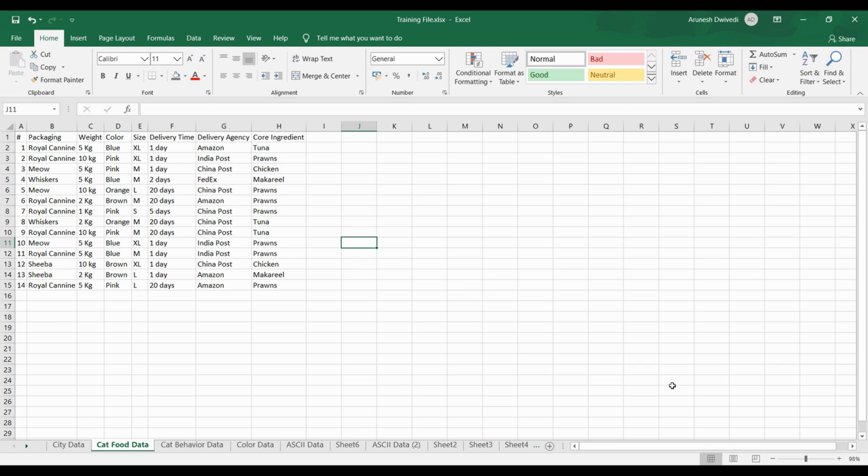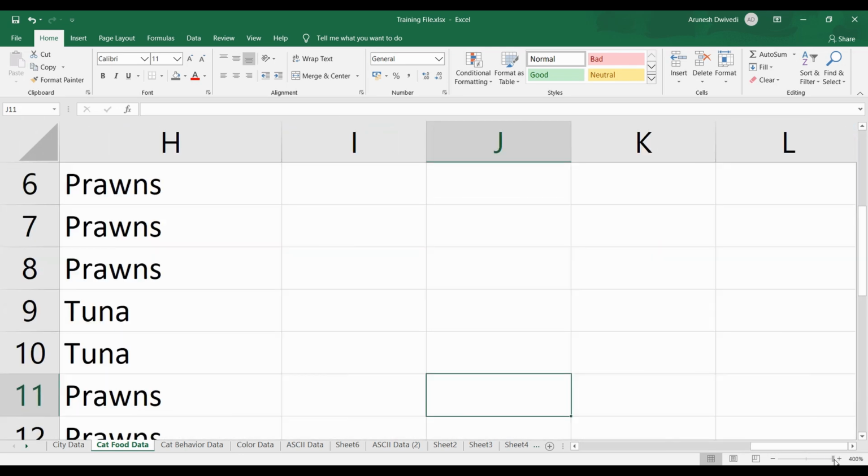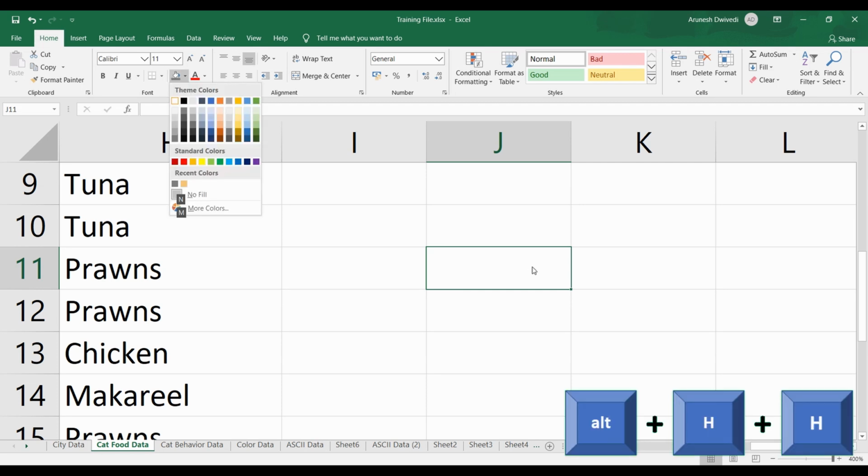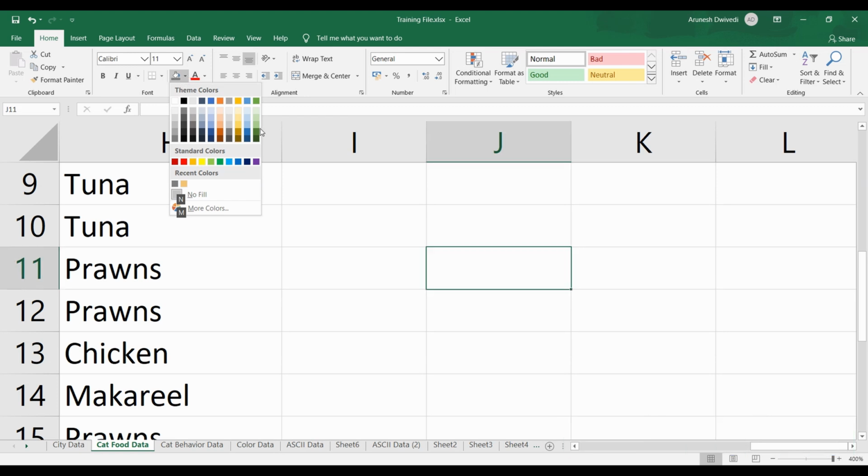To start with, I'll simply zoom my file on a particular cells to make it bigger and easier to understand what's going on with the colors. You can do the shading of the cell using the color palette. To open the color palette on your Excel file, press Alt HH on your keyboard, or you can press this small arrow beside the paint bucket. To choose the colors, you can click on any color you want, or you can also navigate the colors with the help of arrow keys. So let's say I choose this light color, and that's how you can shade the background of your cell.